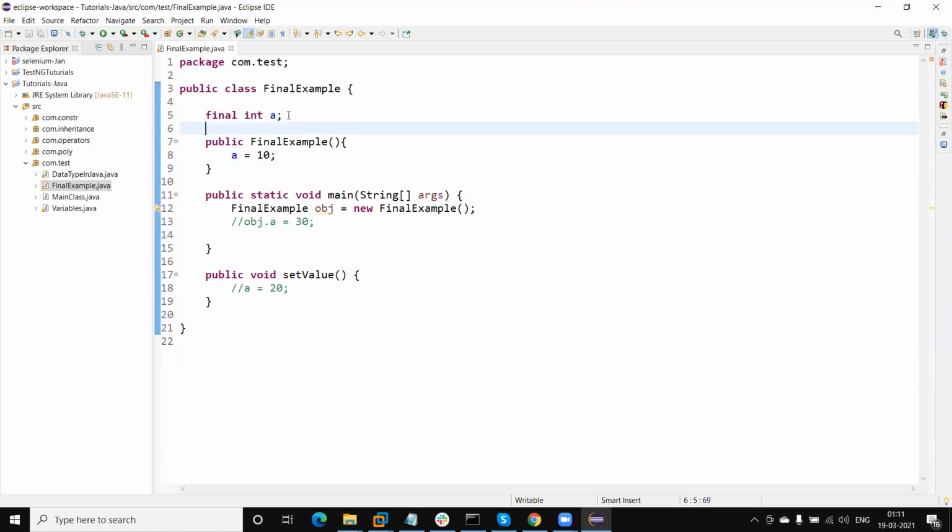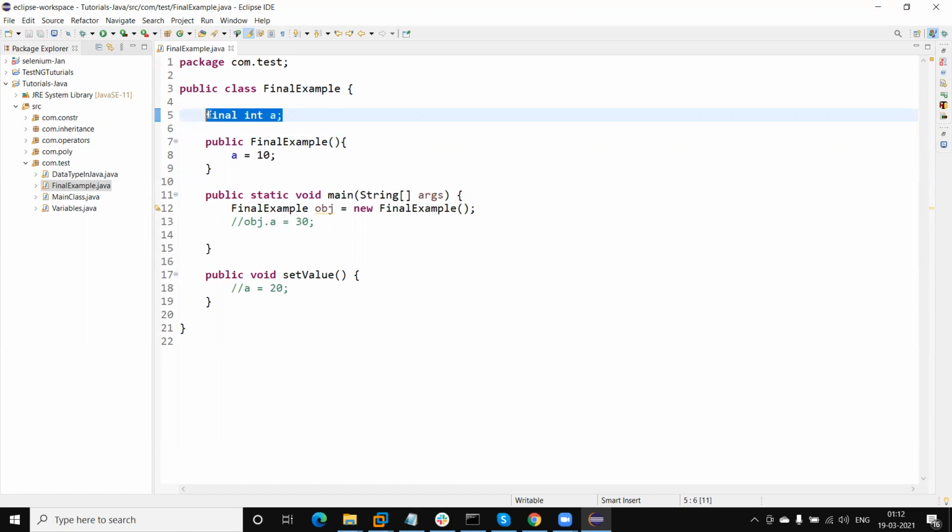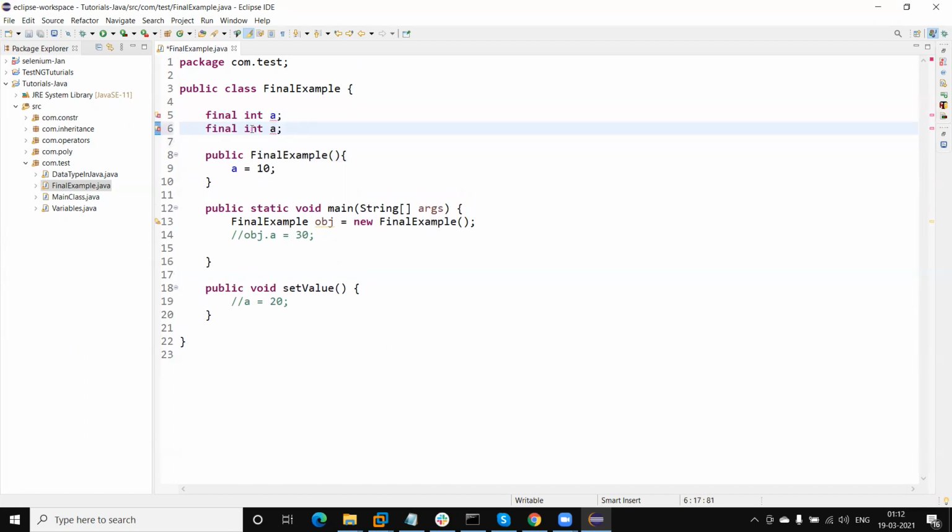Now let me show how we create a final keyword with static. This is static variable b, and I have assigned 20 here. So we can create final with a static variable as well.